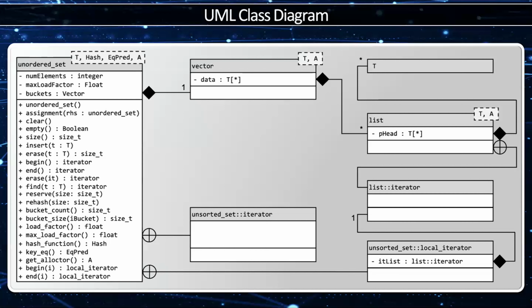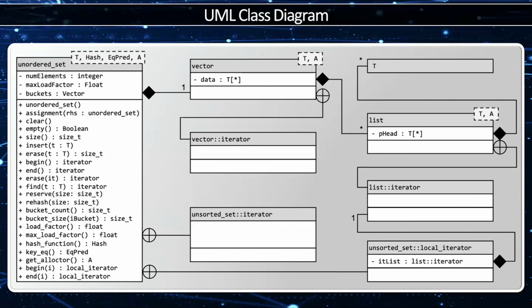Okay, so let's go back to the regular iterator. The local iterator is really simple because I'm iterating through a single bucket, but the unordered set iterator is more complex because it also has to jump between buckets. And remember, I store my collection of buckets with a vector, and that vector is going to have a vector iterator, which is a nested class. So how is the unordered set iterator going to use the vector iterator? Well, I'm going to have two attributes, an it vector and an it vector end. The it vector shows me which bucket I'm currently in with my iterator, and the it vector end will show